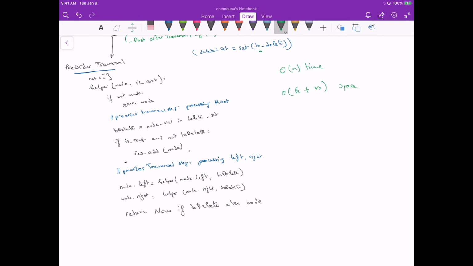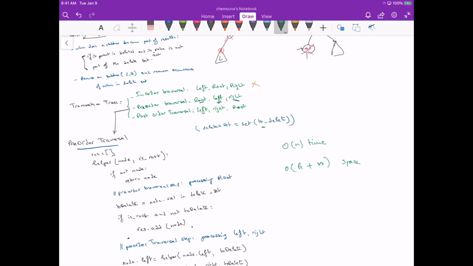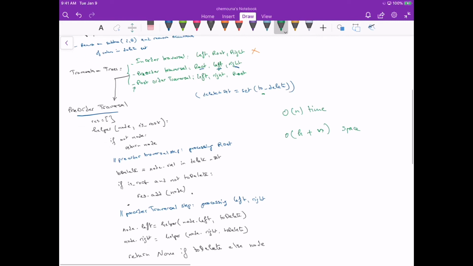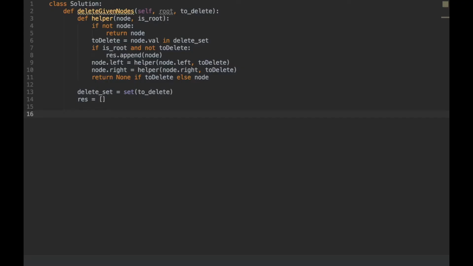Yeah, so this is the pre-order traversal. But I mentioned here that we can also do the post-order traversal, right? So let's actually first see the implementation. It will be more clear, and then after that we can see the post-order traversal. Okay, so I typed here